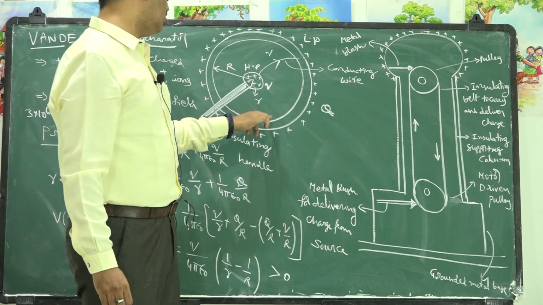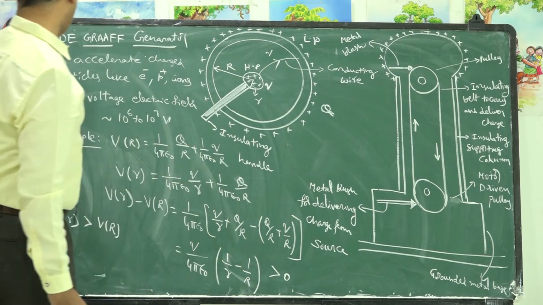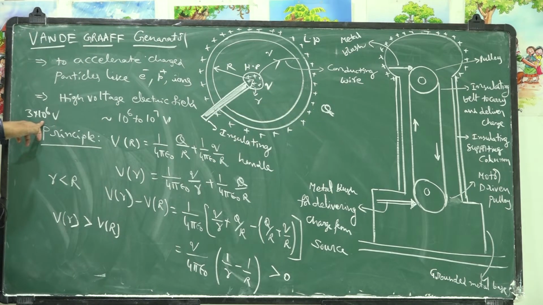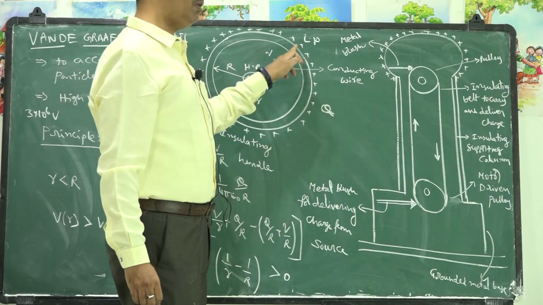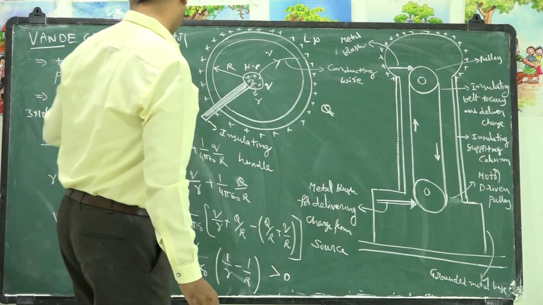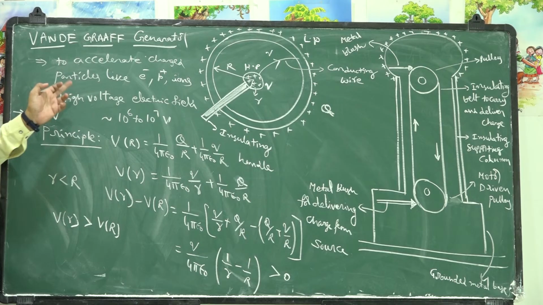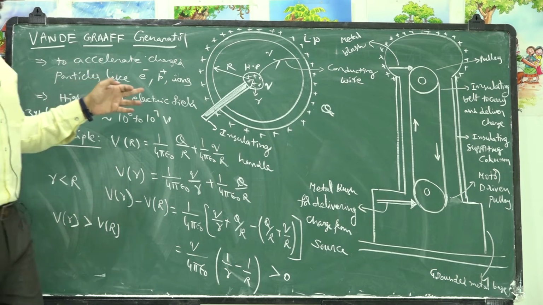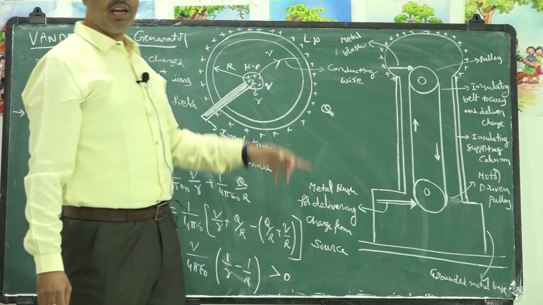So, the potential on the outer shell keeps on increasing till it attains a value such that the breakdown discharge happens, such that the breakdown of air nearer to this sphere happens. Till that time, the potential keeps on increasing. That means up to almost 3 into 10 power 6 volts or 3 into 10 power 7 volts, in that order we can generate the potential. So, based on this, they designed this Van de Graaff generator.